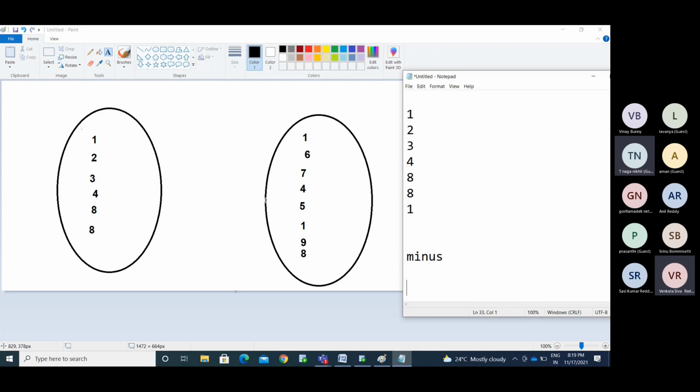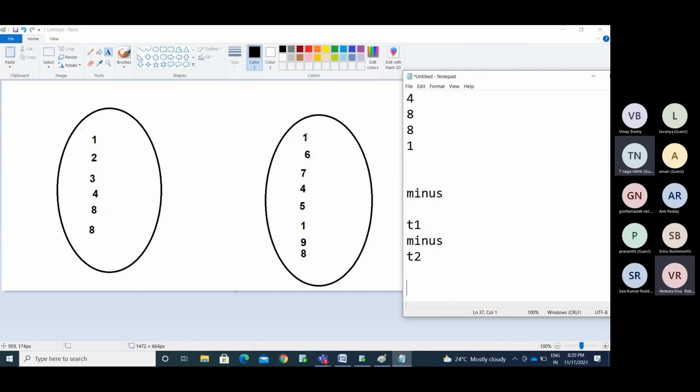Okay. So we have another set operator like minus. This is like set 1 or table 1. This is like table 2. So T1 minus T2, if you perform like this. Whatever values we have in this list, we have 1, 2, 3, 4, 8, 8. Okay, so you are minusing with table 2. Whatever values we have in set 2, all those values we are going to eliminate or delete.